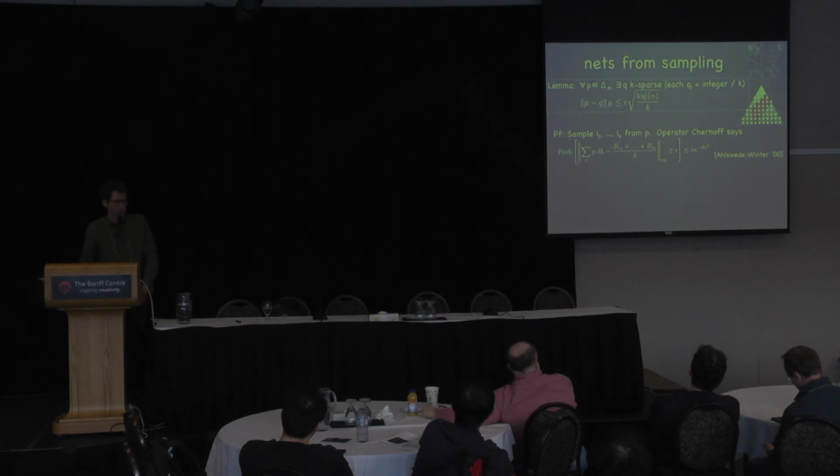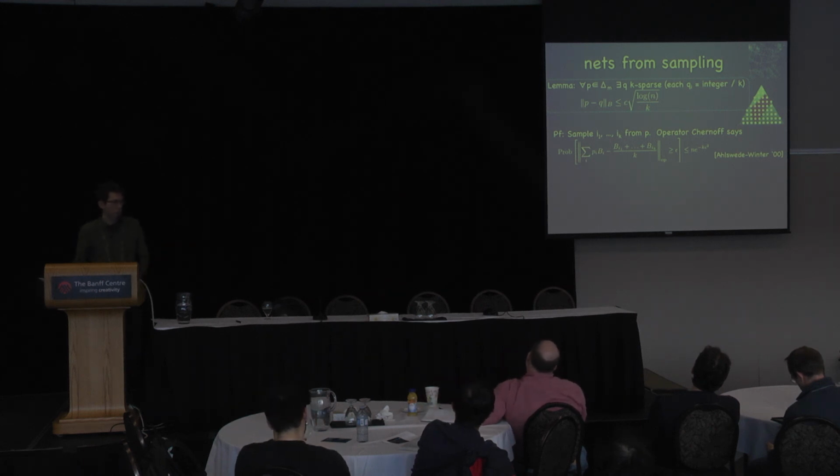So that's it. From this bound, you can see if you take k to be log n over epsilon squared, that probability is going to be less than 1. And you don't need it to be high probability, you just need there to exist one good choice of sample, because the algorithm is going to enumerate over all possible k-sparse things. And so what does